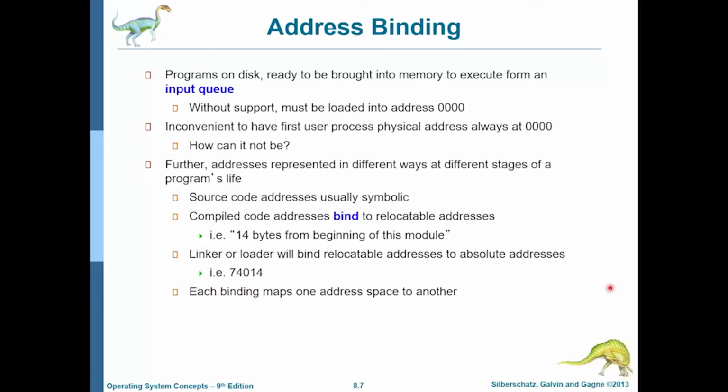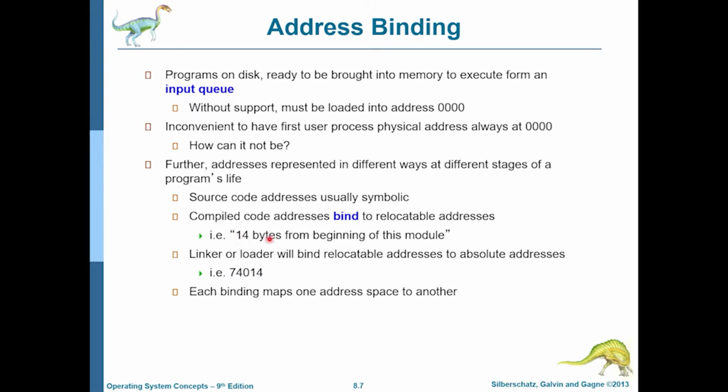These different stages bind different kinds of addresses to those variables and functions. So at compile time, usually relocatable addresses are bound to variables and functions. Now, what is the meaning of relocatable? That means that it is not guaranteed where the program is going to end up in memory, where the program is going to begin, what is going to be the beginning address of the program. Since the compiler has no idea what that is going to be, it is going to give relative addresses.